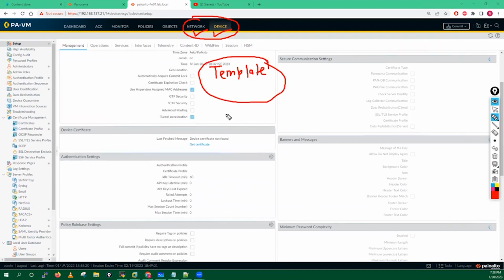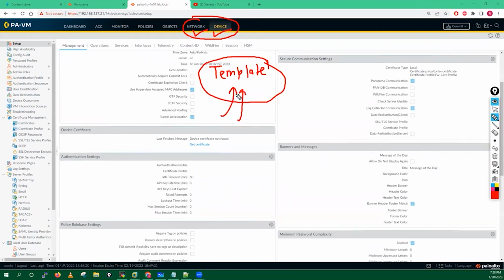So now you will understand why we need to create the template. We are using templates to control the network tab configuration and device tab configuration. Means if you want to configure the routing in your firewalls, if you want to configure the interfaces, IP address in your interfaces,